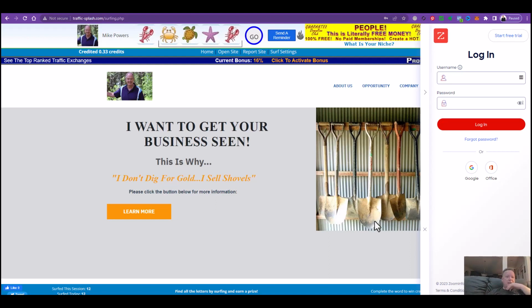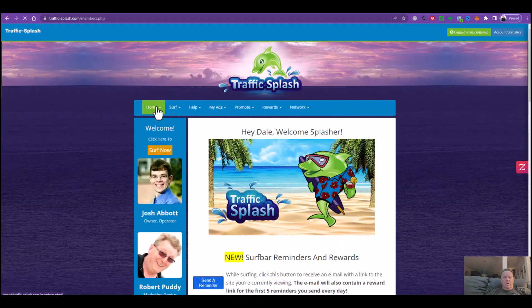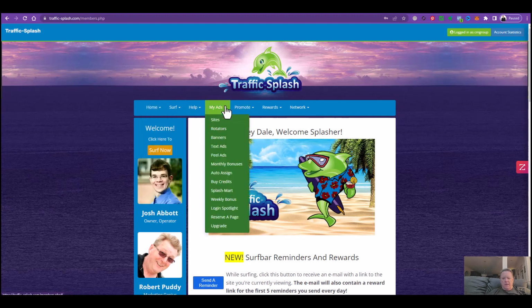That's the basic idea. Now, when you go, the first thing you'll do is set up a username, password, all that. Get all that set up. And again, somewhere on this page, there'll be the top 10. And once you've got your site set up, then anytime I want to place a site in, I go to home, and then I'm looking for my sites. My ads, here we go.